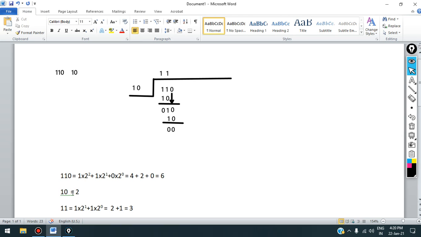This is binary 2 and this is binary 6, and this is the binary division, and this is the decimal number 2 and this is decimal number 6. If we divide decimal number 6 by 2, then the quotient will be 3, and in binary the 3 is written as 11, and this is our quotient that we have calculated using binary division. So remember, the rules for division are the same as when we divide two numbers in the decimal number system. So this completes the explanation of binary division.